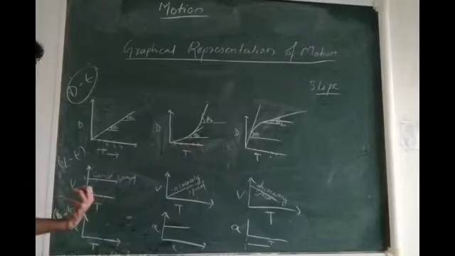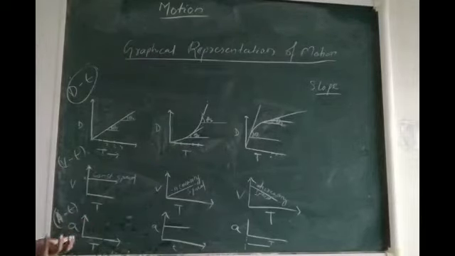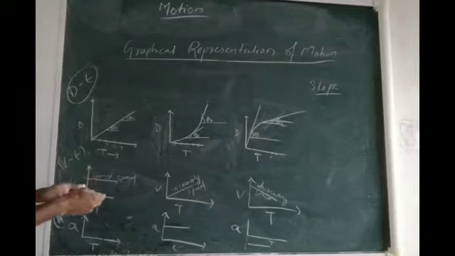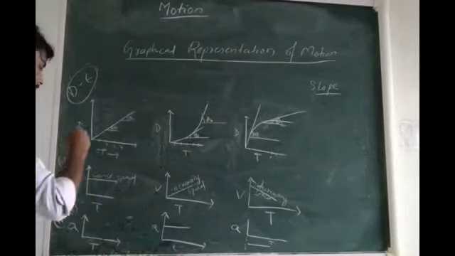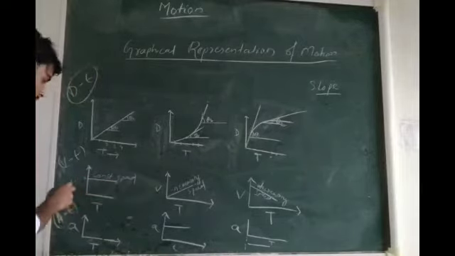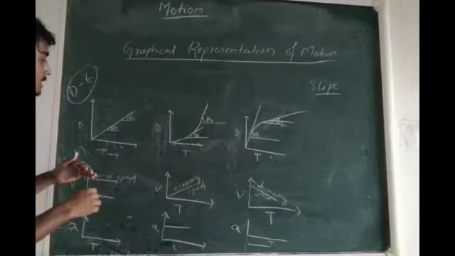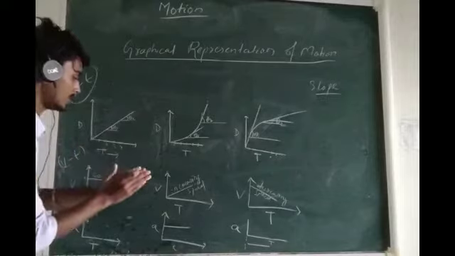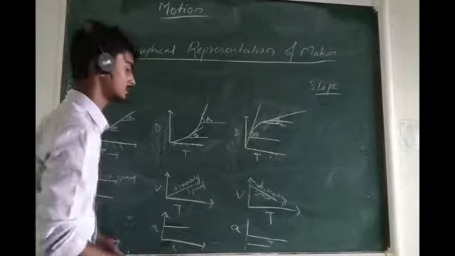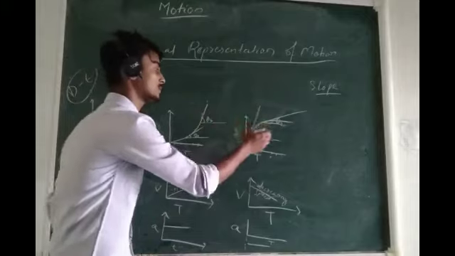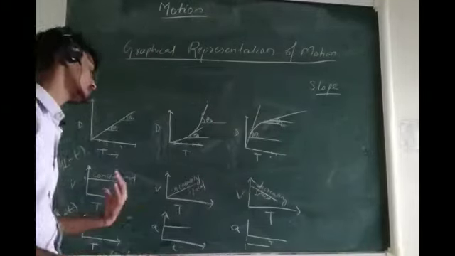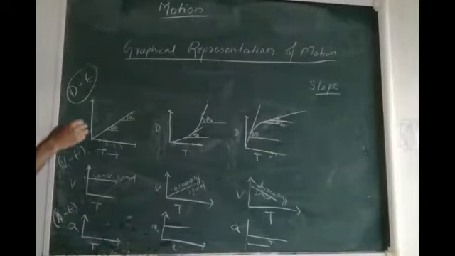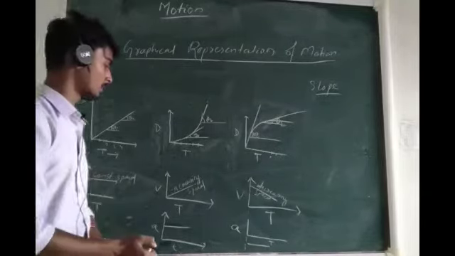The same thing we can also apply for the velocity time graph and the acceleration time graph. If theta goes on increasing, it just means that the thing on the y-axis is increasing, and if it is constant, it just means that it is increasing at a constant rate. And if the slope decreases, it just means that it is decreasing. Right. So this is the importance of slope.